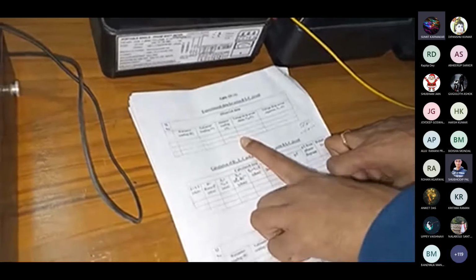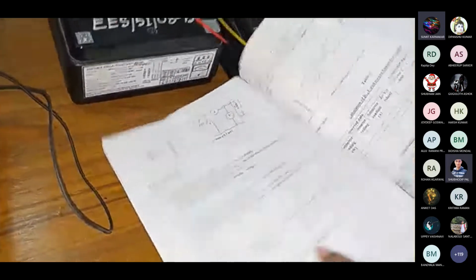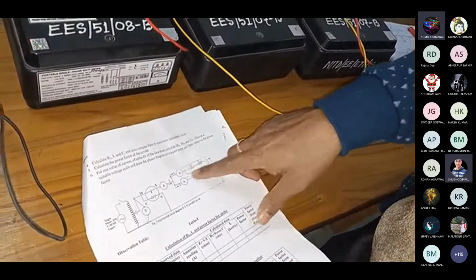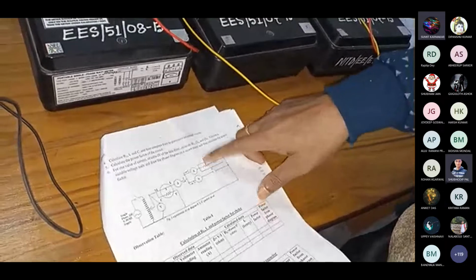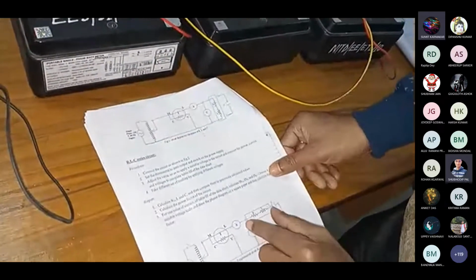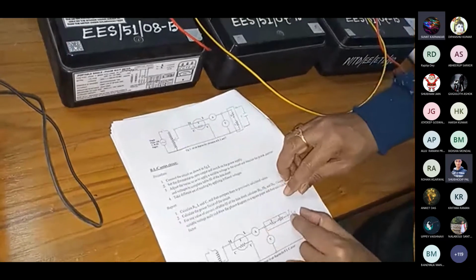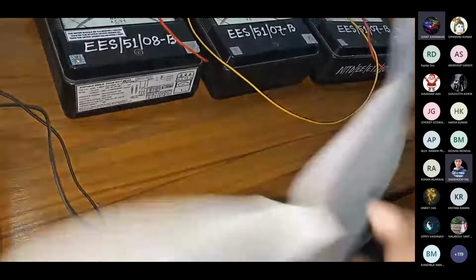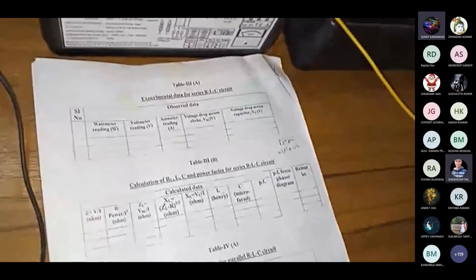Besides this, what is required? Voltage drop across the choke. Choke means an inductor, where we have the resistor and inductor, so the inductive coil has resistance. So this is the choke. So we have to take the voltage drop across this, VRL, and the voltage drop across the capacitor. All right. So in this manner, we will be noting down the readings.